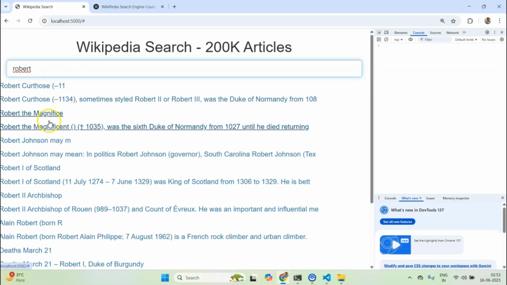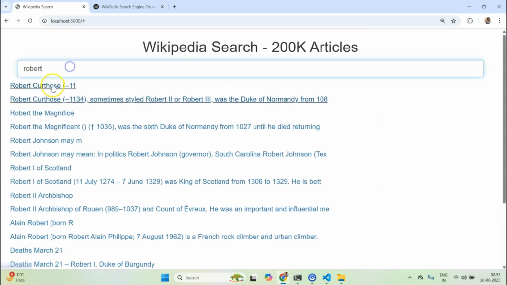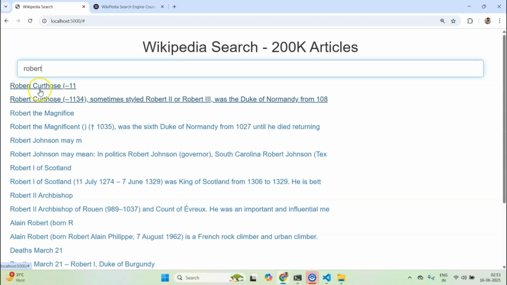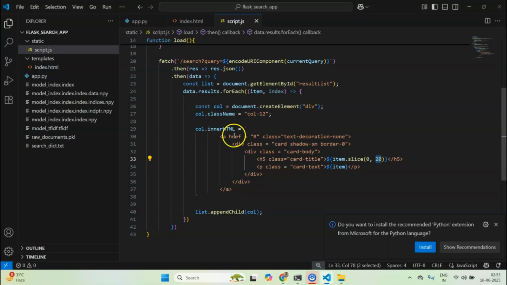Okay, so we can clearly see now it is looking something like our application. We have this title, and we can clearly see the title is only the first 20 characters, and the whole paragraph is clickable right now, although we can't click it, because we have put a hash in front of it.